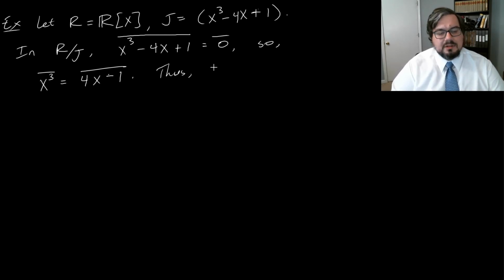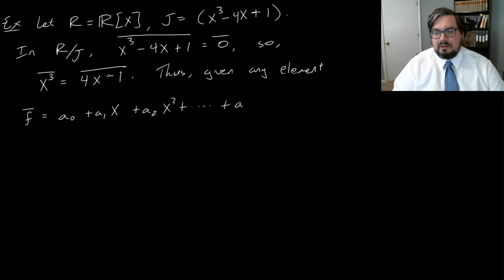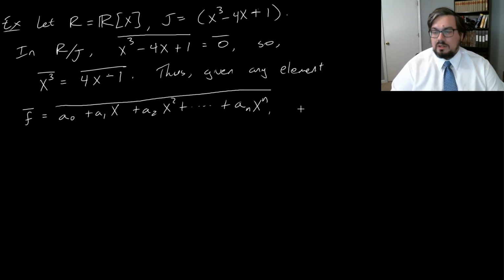Thus, given any element f bar, which will be a0 plus a1 x plus a2 x squared, etc., plus an x to the n bar, I should specify this is in R mod J,